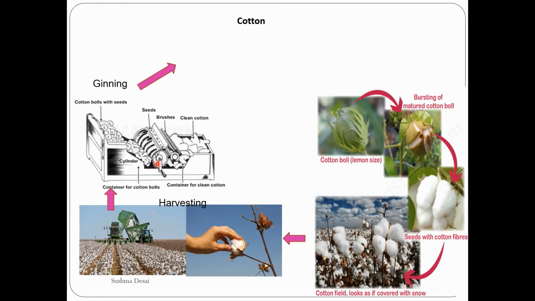Next, as I told you, the cotton fiber grows on the seed. We do not need the seed, we just need the fiber. So in order to remove that, earlier it was done manually, the seed was separated and you could get the fiber. But on a large scale, it is done in machines, that is gins. And the process of separation of cotton seed from the fiber is called ginning. So here, from this it is taken to these machines and there the seed and the fiber are separated.